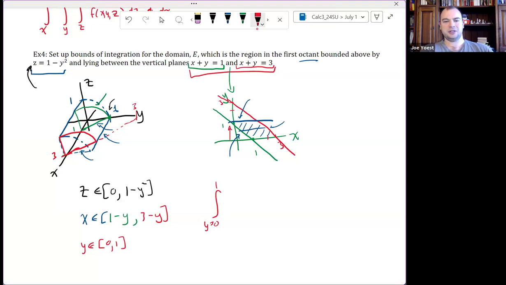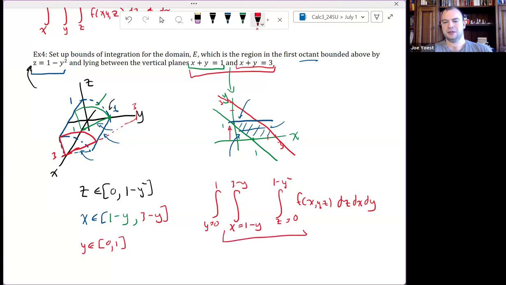And then x and z, I suppose, could be basically any way on the inside, as long as both the x and z integrals are inside the y integral, because both of their bounds depend